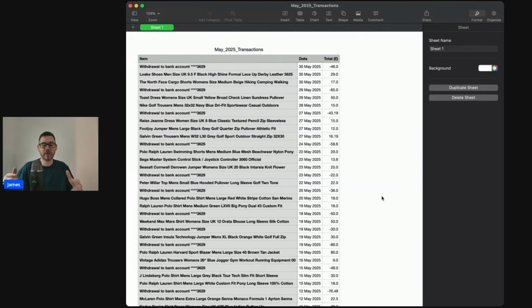How much money are you actually making from Vinted? And then you can use that spreadsheet with your other tracking spreadsheets for other platforms to actually work out how much money you're actually making in your business. So here we go. Step 3 is super simple. I've just double clicked that link within ChatGPT, and this has opened it up in Numbers on Mac. But you could copy that and put it into Google Sheets or Excel, whatever you use for your accountancy or for your Excel spreadsheets. So this is now giving me a full report of my May 2025 transactions with Vinted,